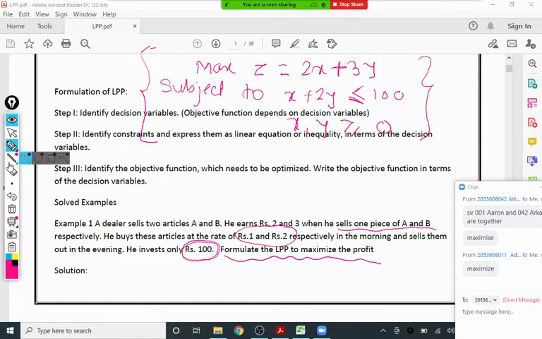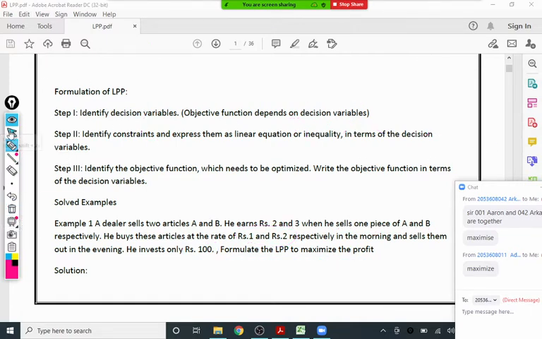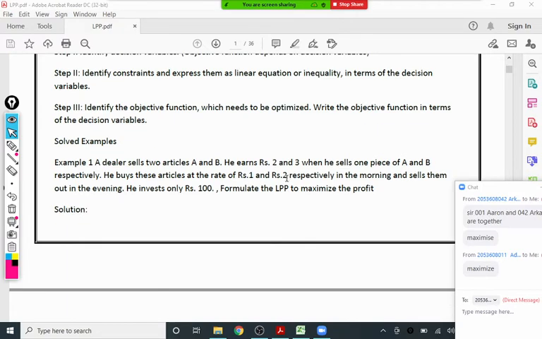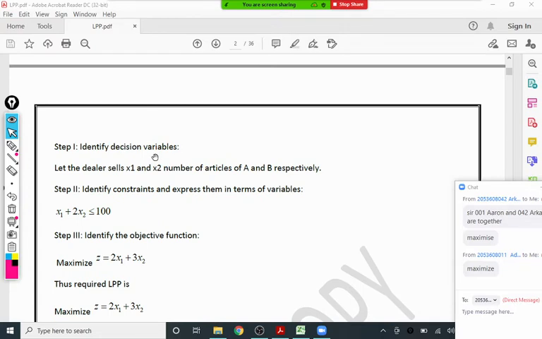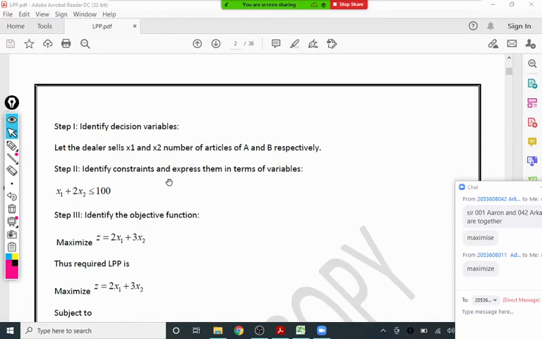So let me move to the solution here. I will show you here. This is the solution that we already discussed. In the exam, there is no need to write in this much detail. This is just for your understanding. And another important thing, this same PDF is available on TMI LMS. You can download it from there.